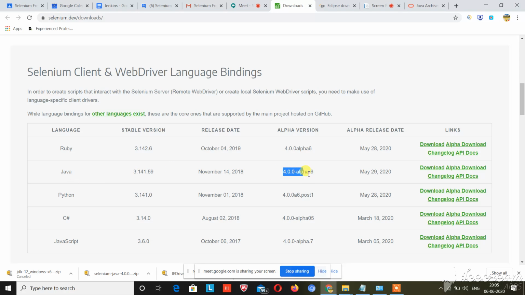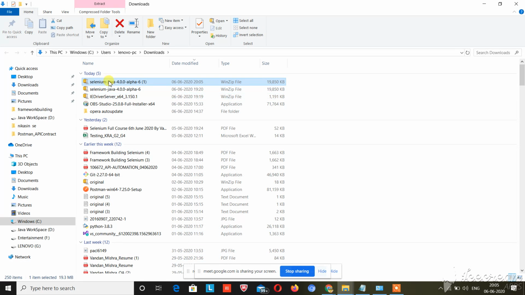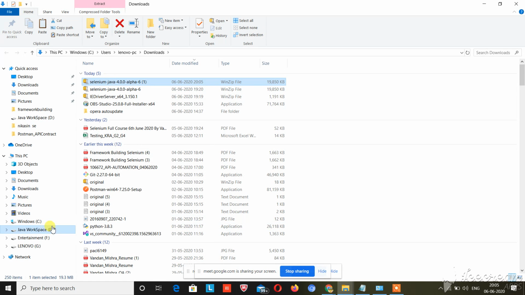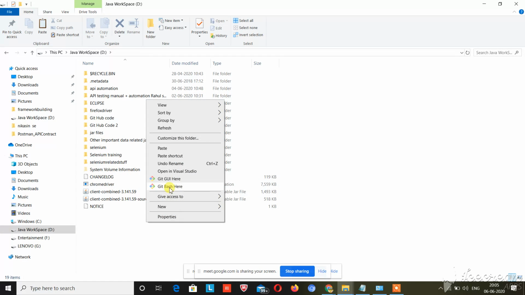So 4.0 alpha 6 is the latest version of Selenium, and now you need to download from here. When you click on this alpha download, these jars will be downloaded. You just need to go to where these jars were downloaded and copy them.